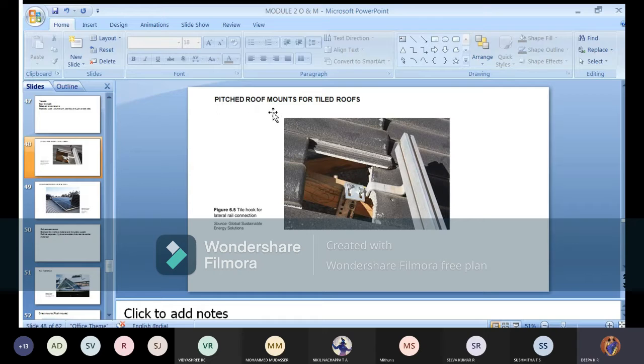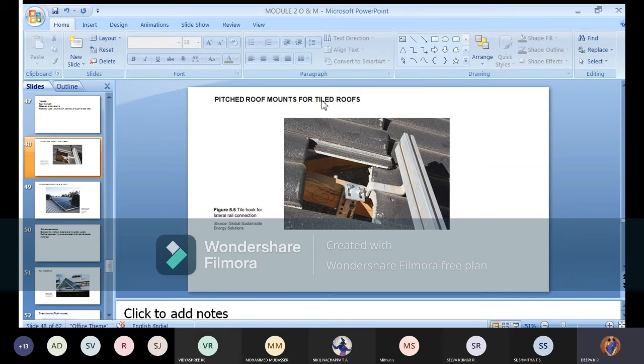This is also the same pitched roof mount, but here the main point to concentrate on is tiled roofs. With tiles, you have to remove them, place the PV panel, and then put the tiles back and close it, because your system should look beautiful when you complete the work. It should not look odd, with spaces removed here and there. So installing a PV system on a tiled roof definitely takes more time, and we need expert technicians to do it.